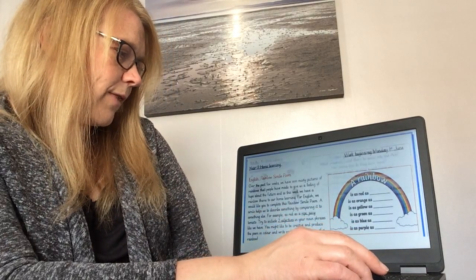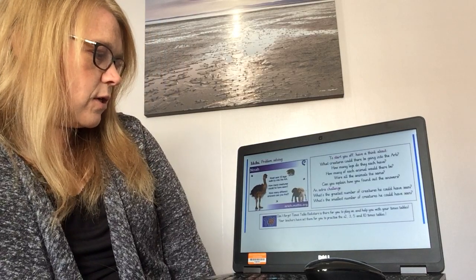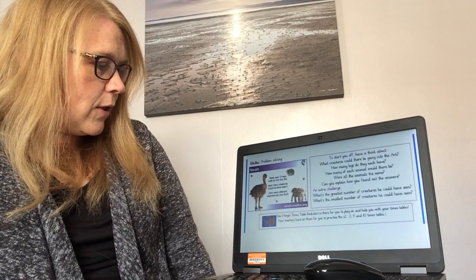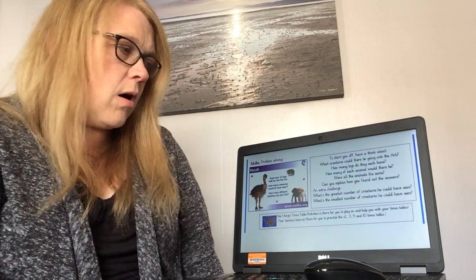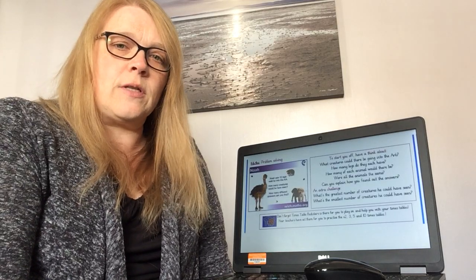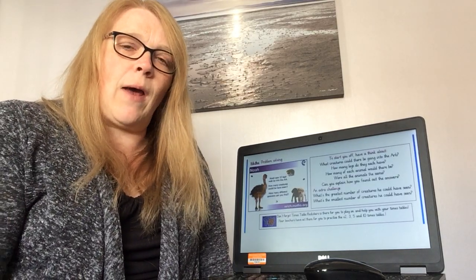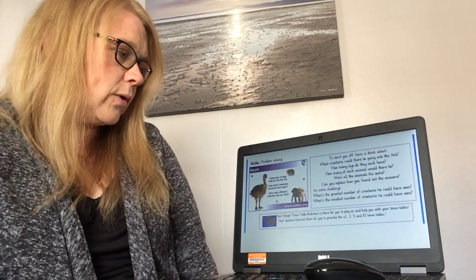So, keeping with a bit of a theme of rainbows, a Bible story that Christians know and find in their Bible is the story of Noah, who took two of each animal into his ark. And when the flood was over, Noah saw a rainbow in the sky, which meant that they were safe and well, and it was a sign and a symbol of hope.